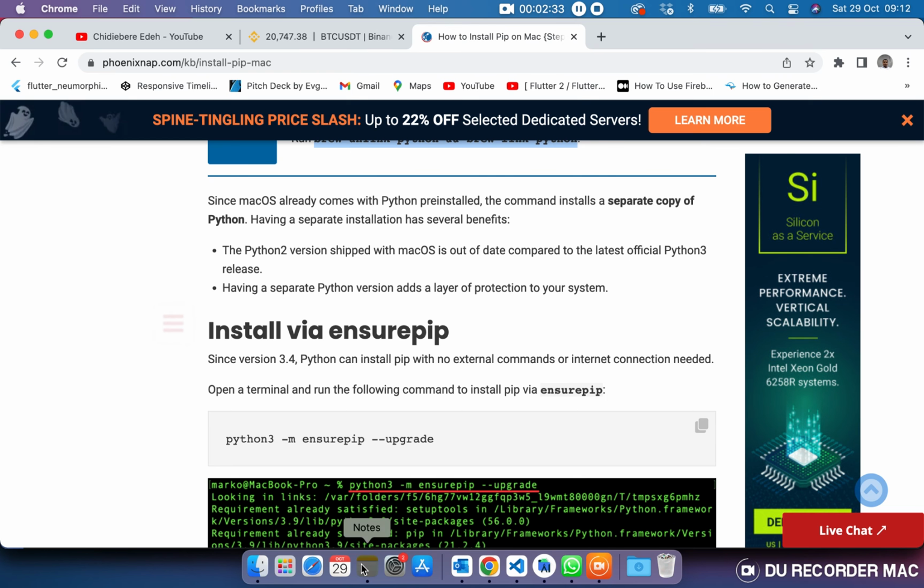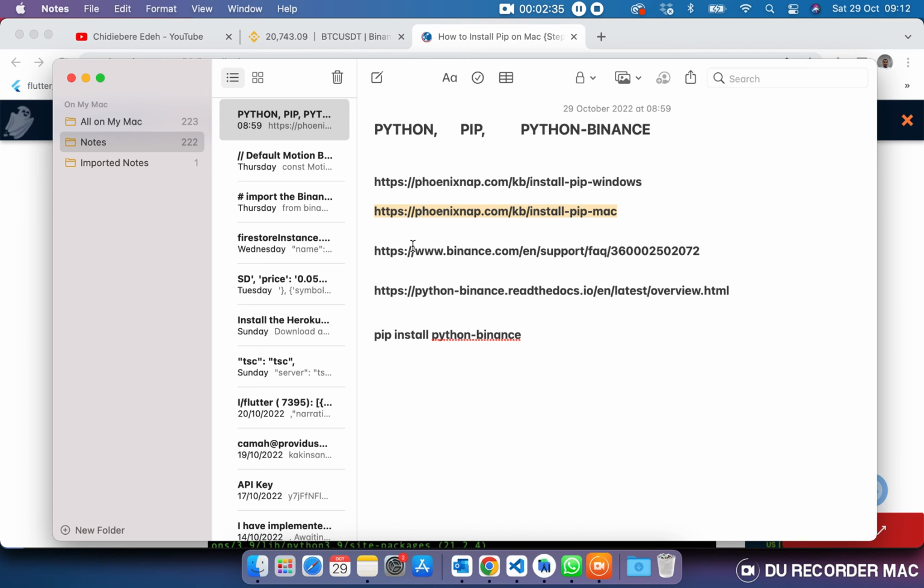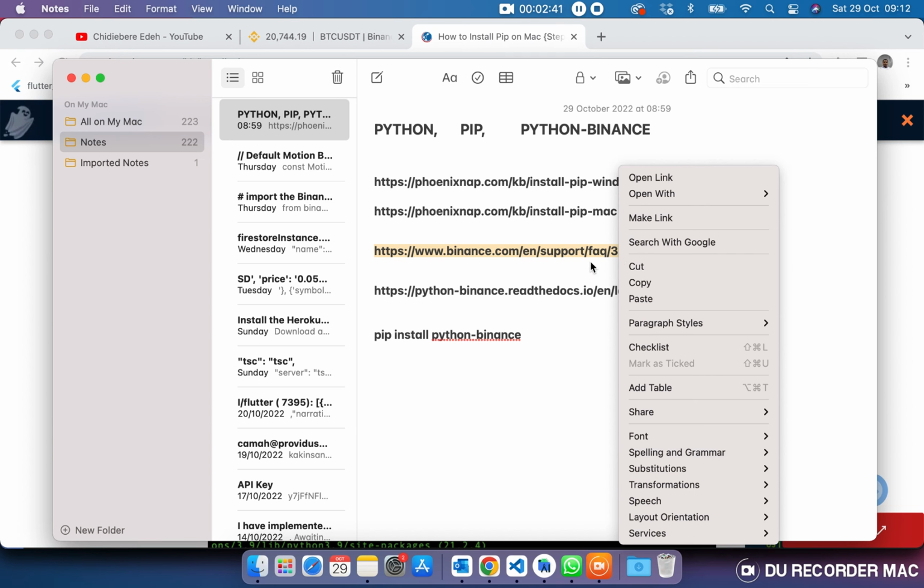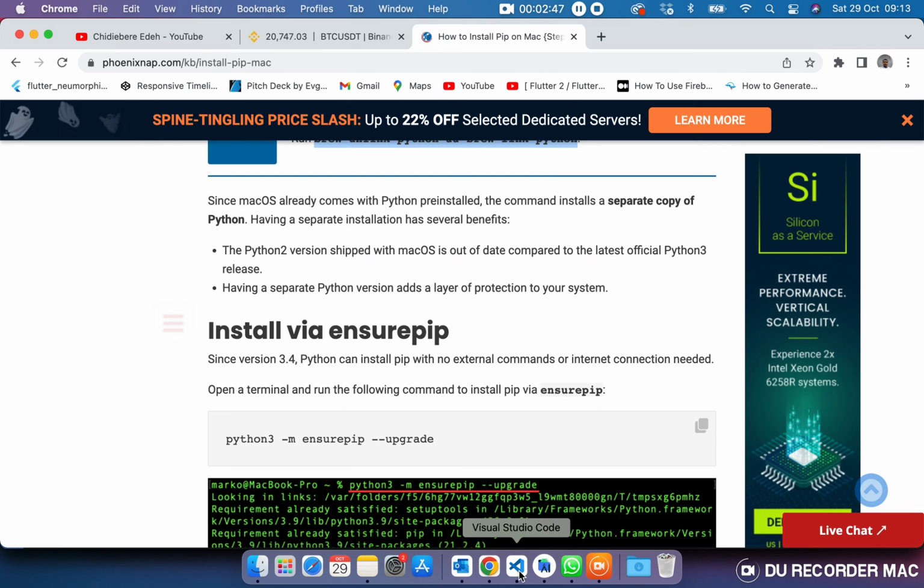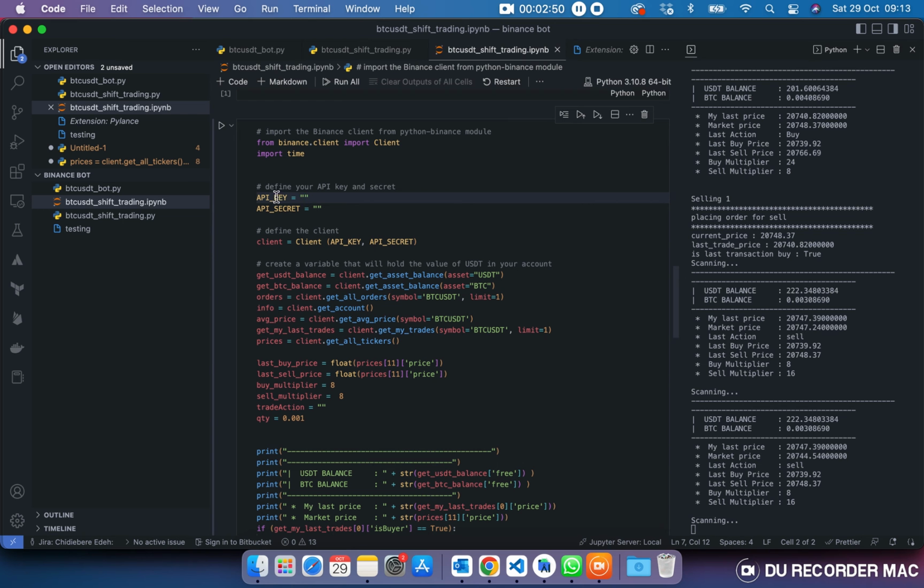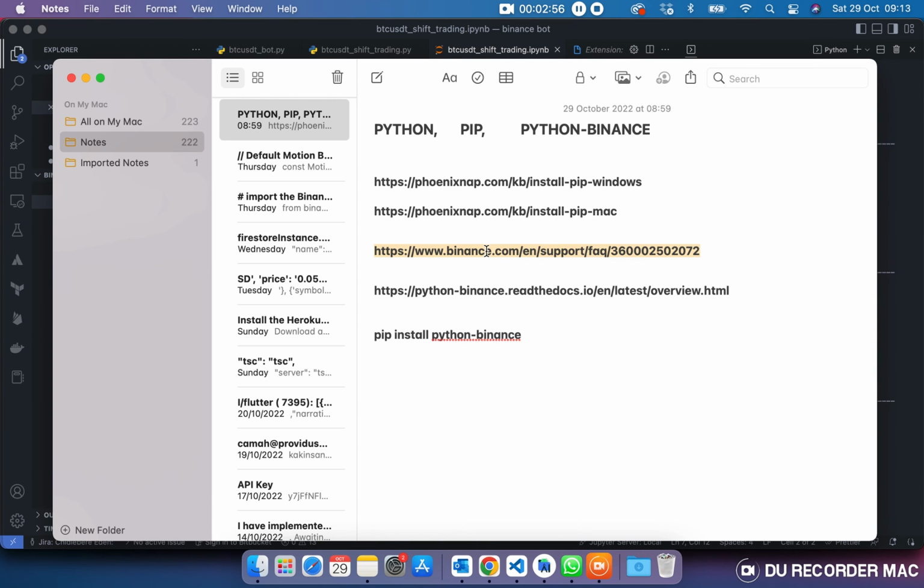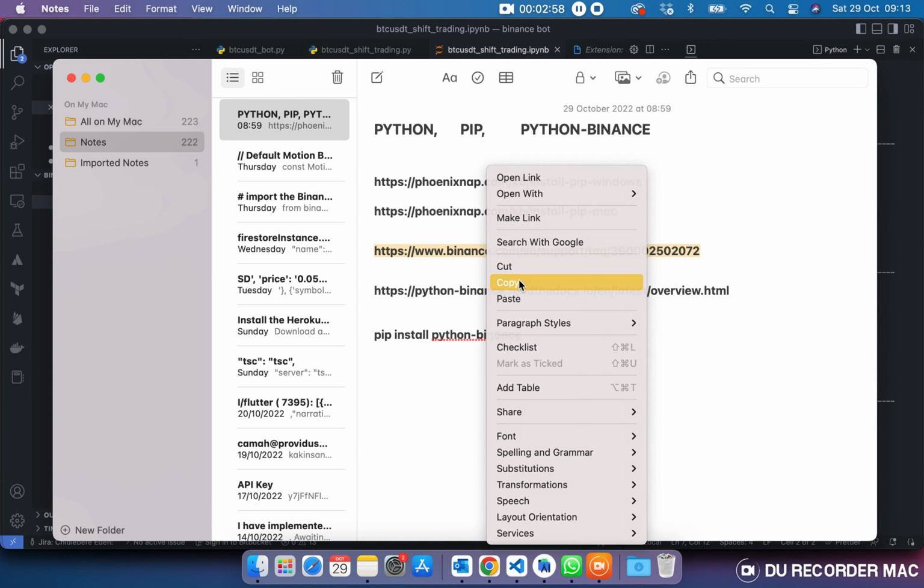So the next one is our documentation for using the Binance for getting our API and API key. So over here in this line of code, you will see that API key and API secret is required here. So you need to use this particular URL,